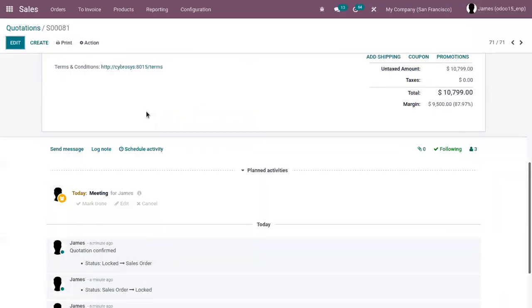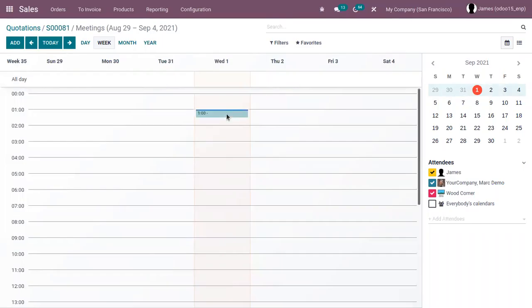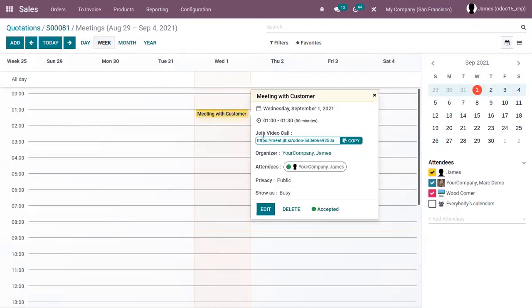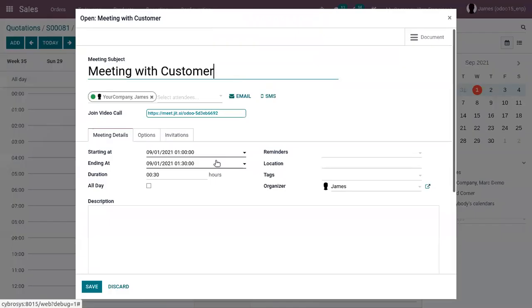And if you open calendar, you can view the calendar view. From there, you can choose a time and add a meeting subject. You can again click on this and edit the details.